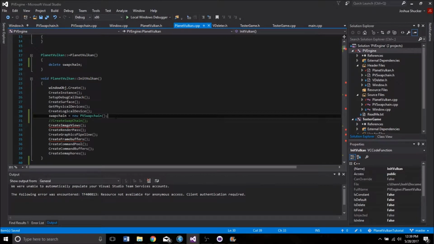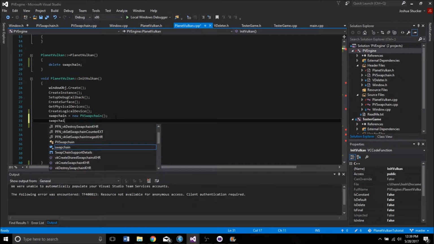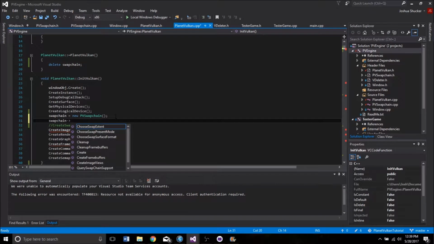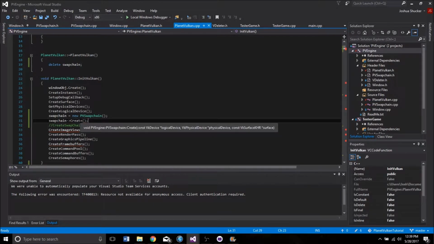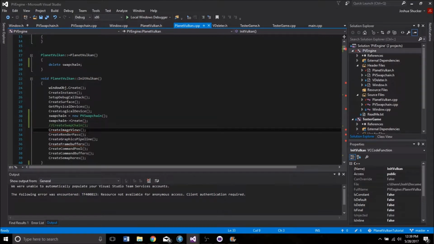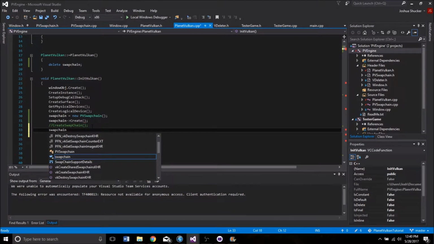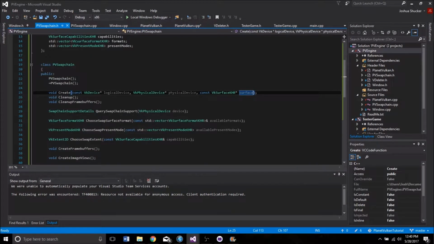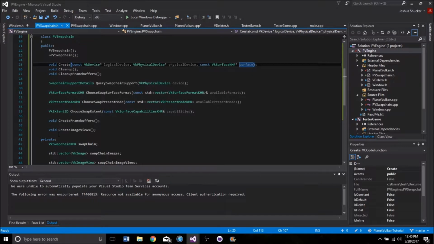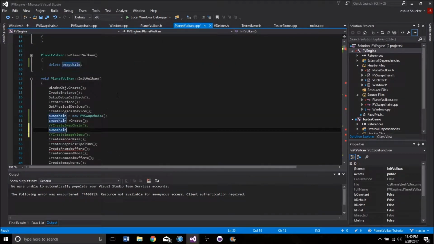It doesn't actually create the swap chain though, so we need to call swap chain arrow create. And then we have a bunch of things we need to pass in, so we'll do that in just a second. We also need to create the image views. So we do swap chain. Did that create the image views on its own, or did it have a separate one for that? No, it did have a separate one. Okay. Swap chain, create image views,